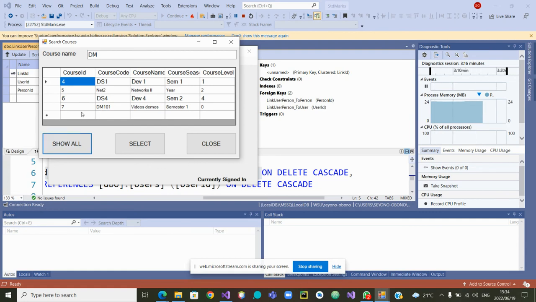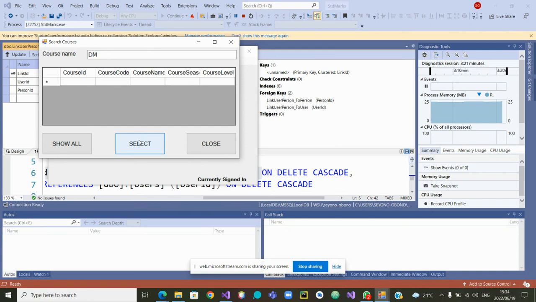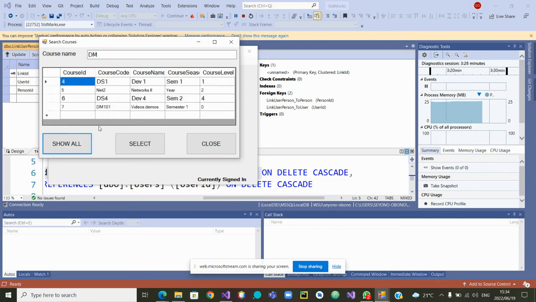No, show all is different from select. If we say DM, we have to select. Okay, it did not retrieve that course. Let me go back and close, show all the courses. Seems to be a small issue. Oh, the problem is here. The level is 0, so we need to go and find out why there is a problem with this course ID number 7. Very good. Now I can close